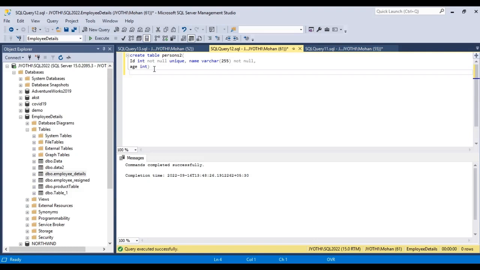Here we can give the primary key as ID. So this statement creates a primary key on the ID column when the persons table is created.